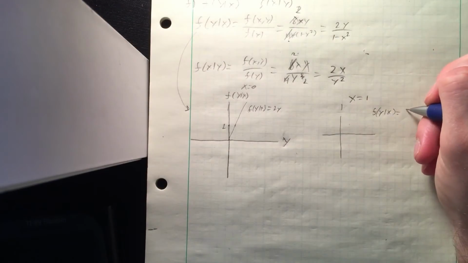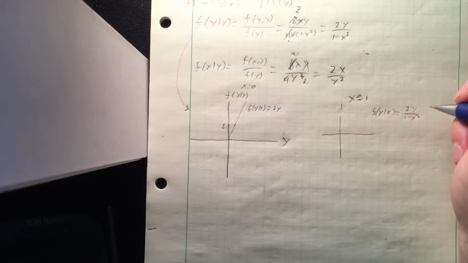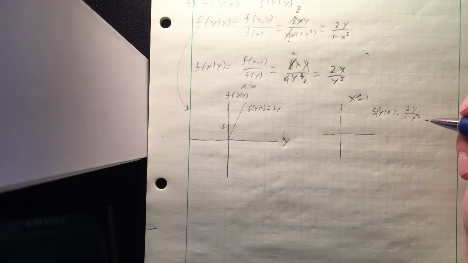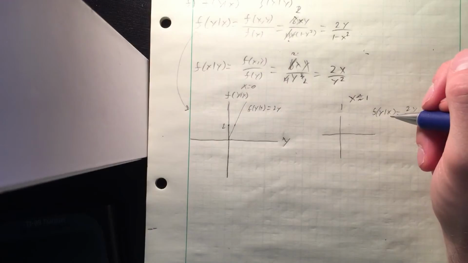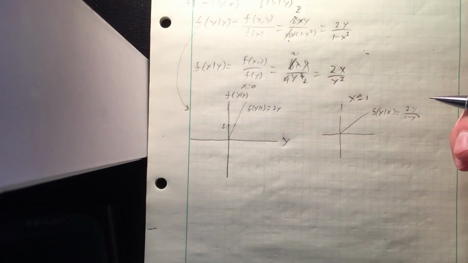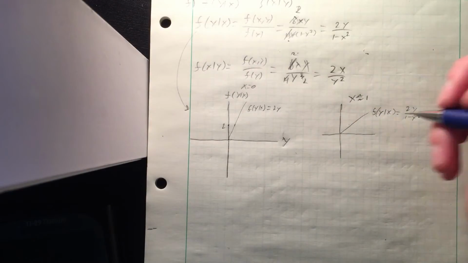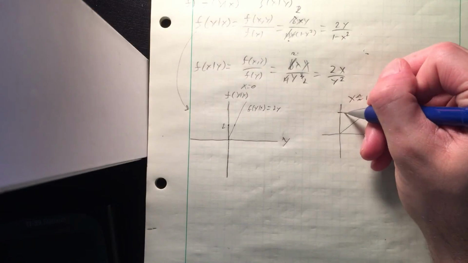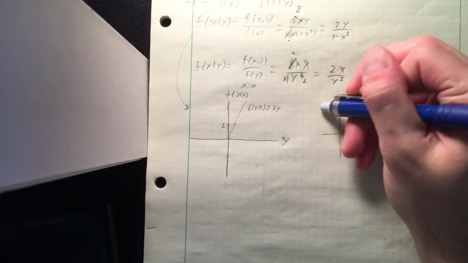F of y given x is equal to 2y over 1 minus x squared. So as that approaches 1, you'd have a very tiny number as the intercept there, but you'd still have a linear function because x is not changing. Just 2y would have a much smaller value. You'd still have a function like this, but it might not be the exact slope, but for all x, for any value of x, I believe you'd have 2y over,